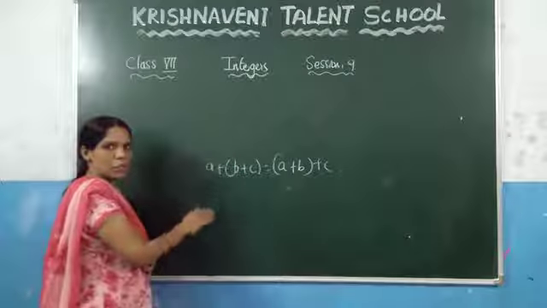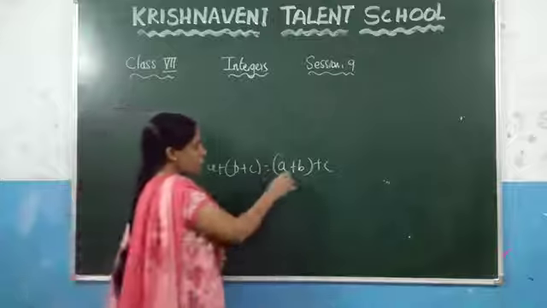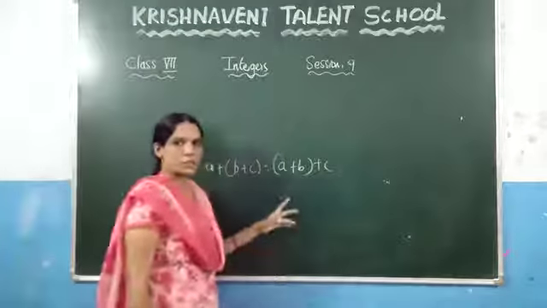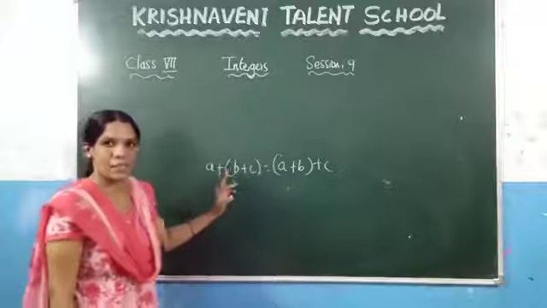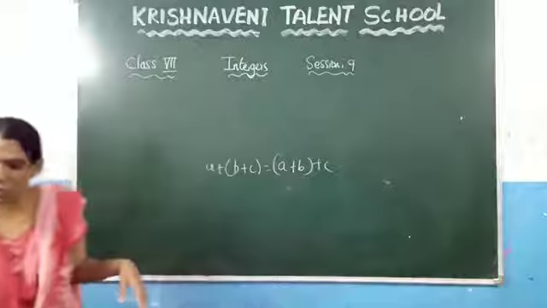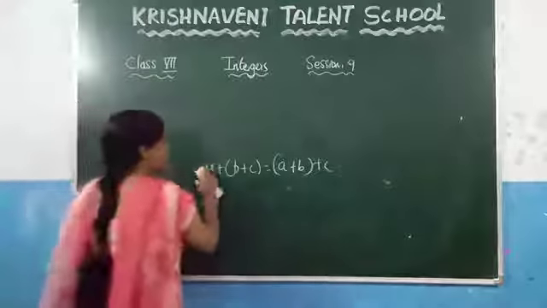The result should be added to the first number, and the first number and the second number are to be added, and the result is added to the third number. But we have to get the same result. Up to this we discussed. Now let us discuss a few more properties under addition.